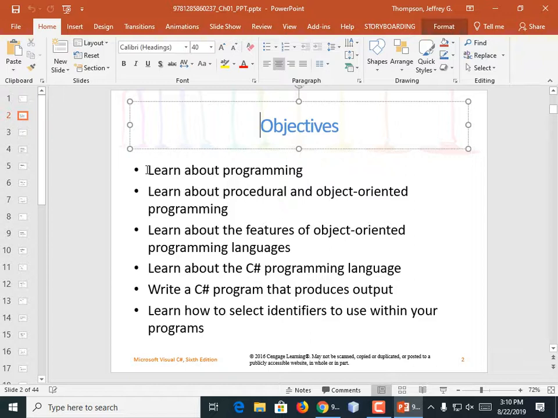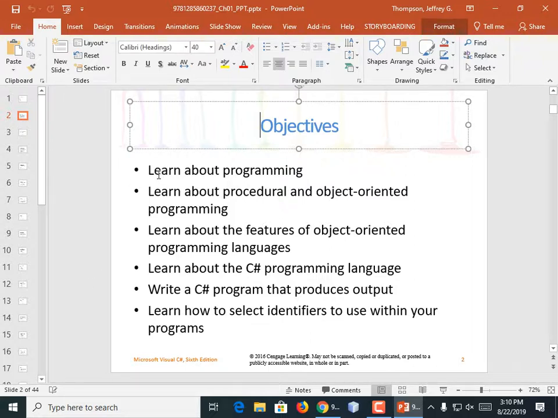C# is part of the .NET family. The .NET family is where a whole bunch of different languages can be compiled into modules that can be used interchangeably among each other. So they all share a certain function, file, class format underneath it all when it compiles. And they all share certain data types. They all agree on exactly what a double is versus a float versus an unsigned whatever.